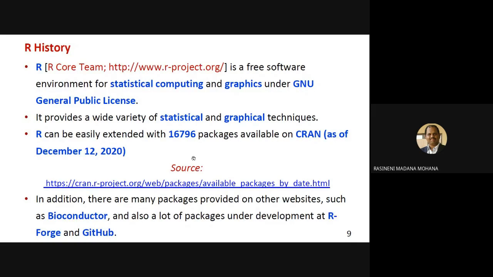This is the mirror where all the packages are uploaded for the R platform. The URL is also given. Day by day many packages are being added. In addition, there are many packages provided on other websites, such as Bioconductor, and also a lot of packages under development at R-Forge and GitHub.